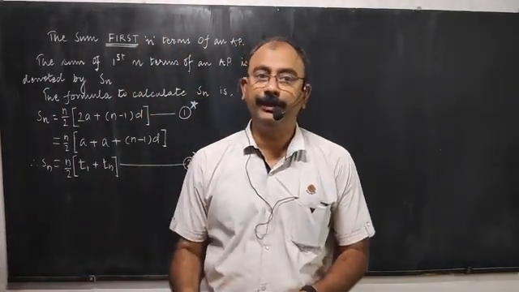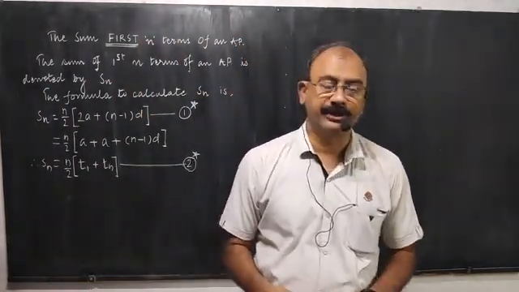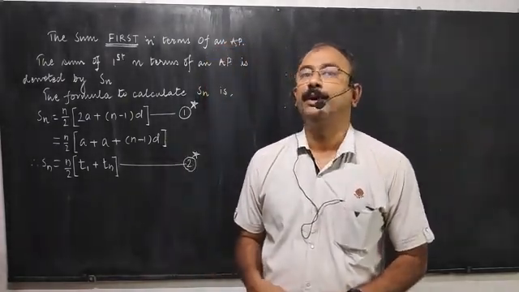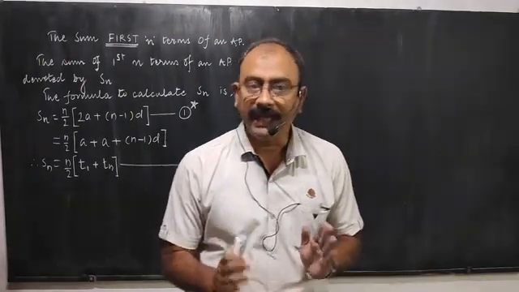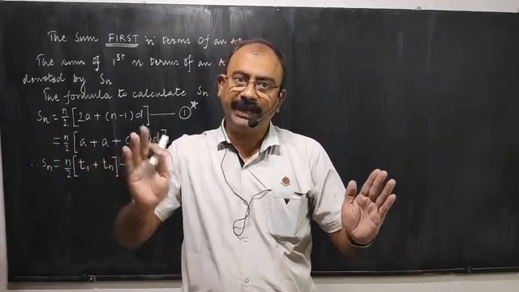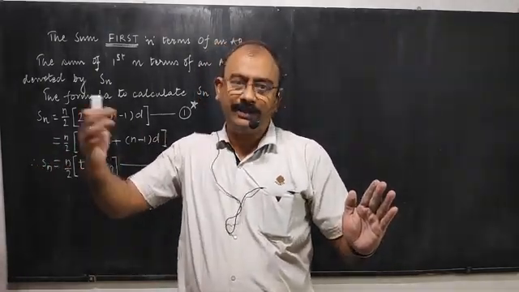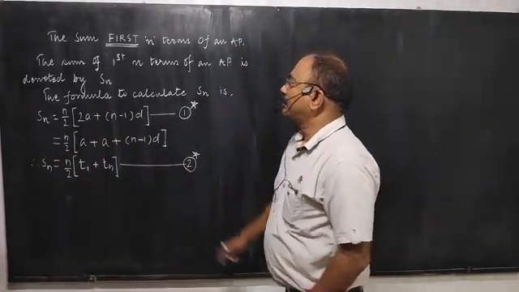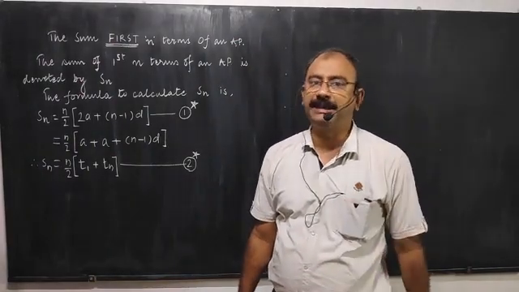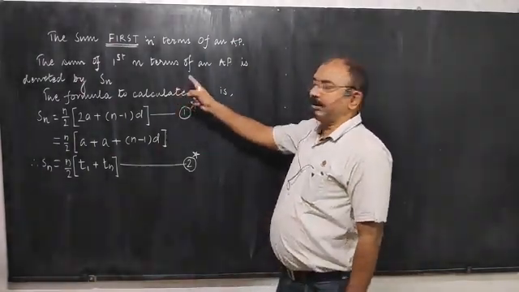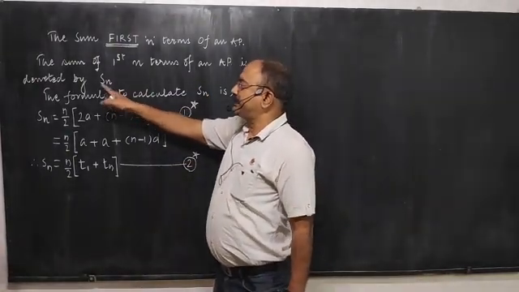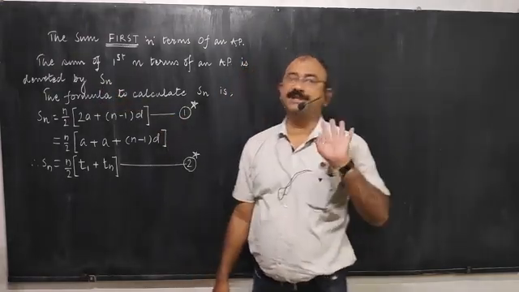Now let us study something new from the same chapter, arithmetic progression. The sum of first n terms of an AP. किसी भी AP के पहले n टर्म्स, अब n की वैल्यू कुछ भी हो सकती है, पहले 10 टर्म, पहले 15 टर्म, पहले 25 टर्म्स, कुछ भी हो सकता है. तो the heading is to find the sum of first n terms of an AP. The sum of first n terms is always denoted by Sn, sum of n terms, first n terms.